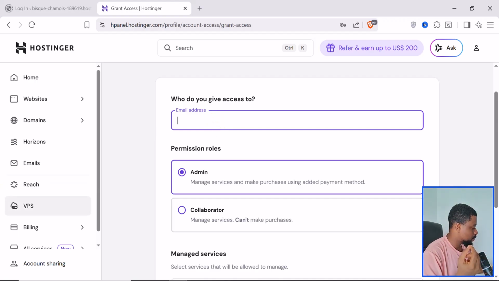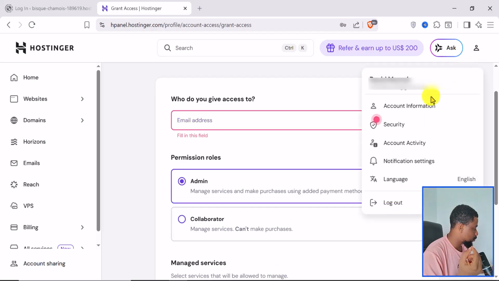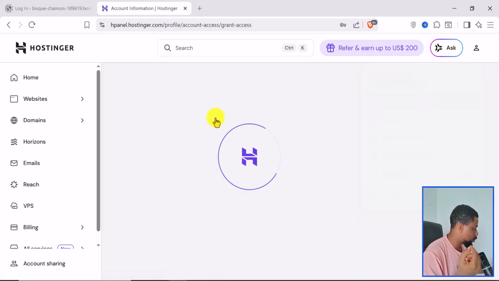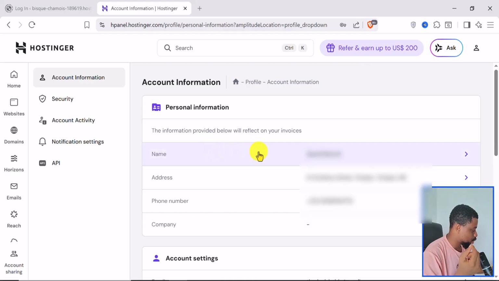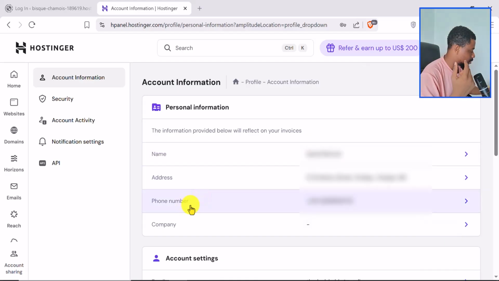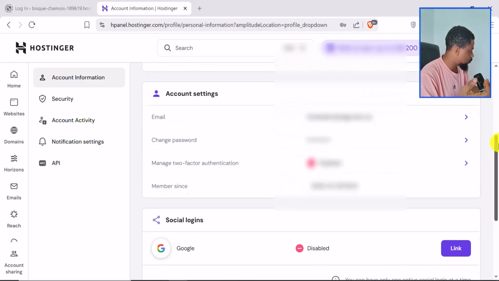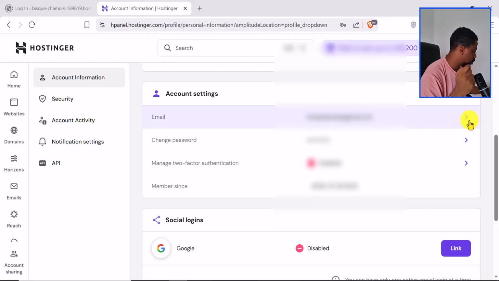The way to do that is you want to come to your profile right here, and come to your account information. From your account information, this is where you find your name, your address, and the phone number, which you can edit if necessary. But if you scroll down here, this is where you have the account settings, and this is where you can change the email. So basically, you want to change the email to their own email. So if you click on the email here,